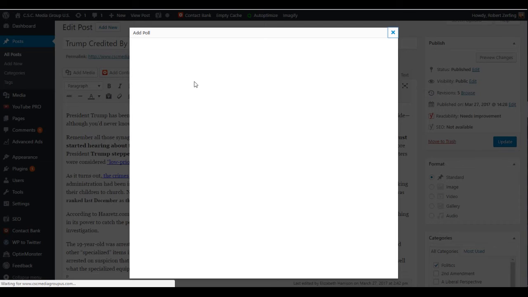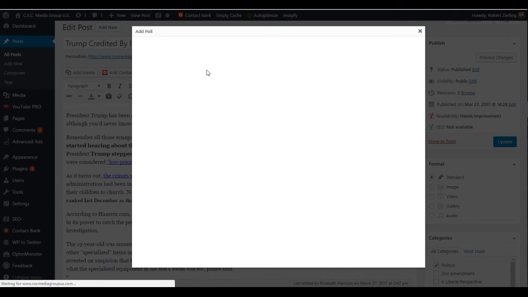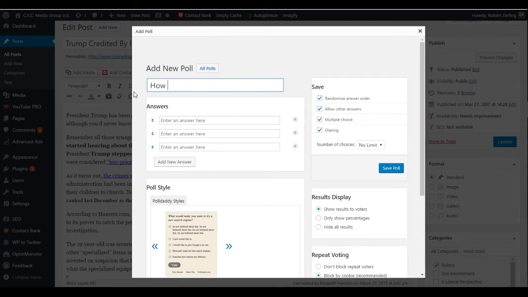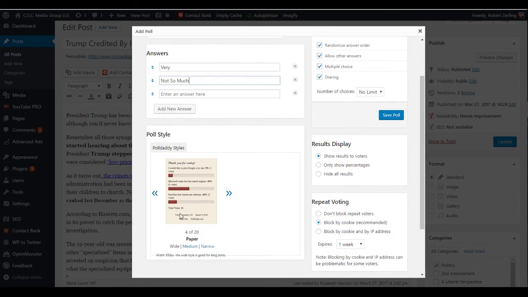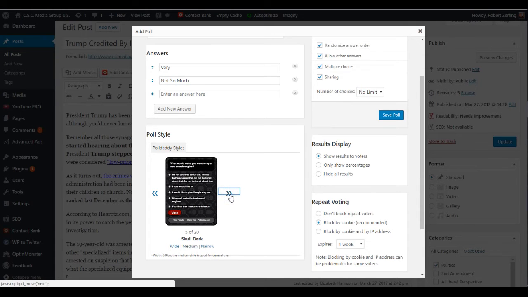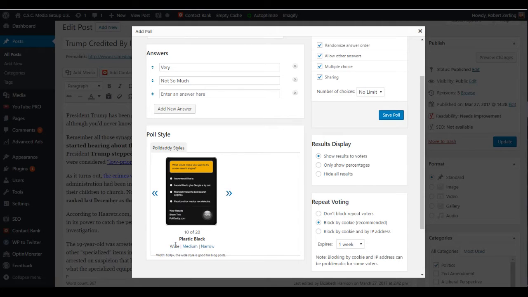Oop, don't know what happened. So add new. How awesome is Robert? Very not so much. All right, down here, there's a whole bunch of different styles that you can use. I always like using wide because especially on mobile, it takes up most of your screen. Narrow doesn't do that so well. So you use wide. Go to save poll,